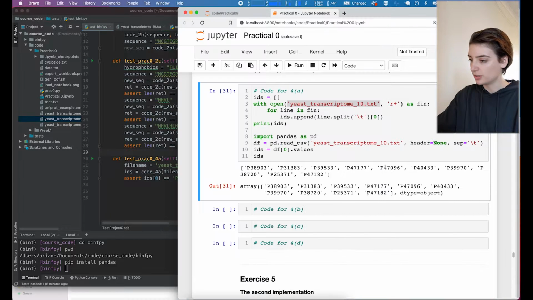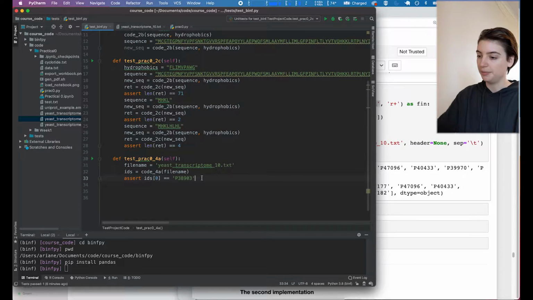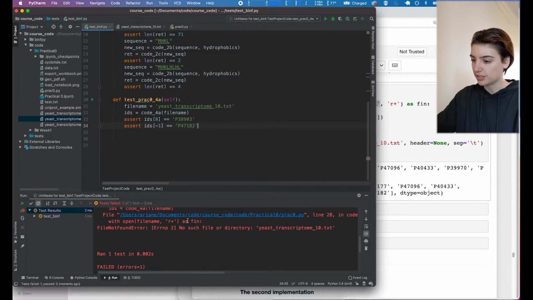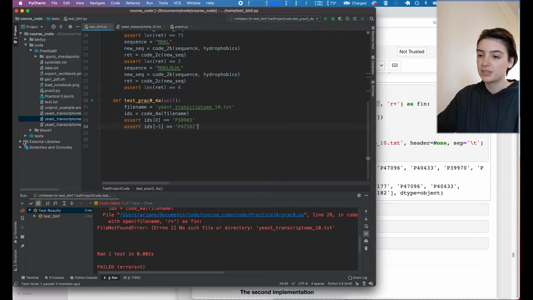And maybe we could also check the length of it, or we'd check the last element as well. And you can get the last element by just doing -1. So we can just run this. Oh, test failed. No such file. Okay, cool. So since our tests are here and our files, our use transcriptome is over there, we can